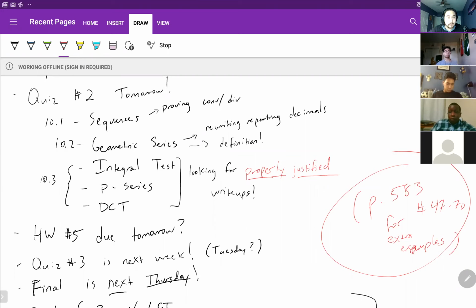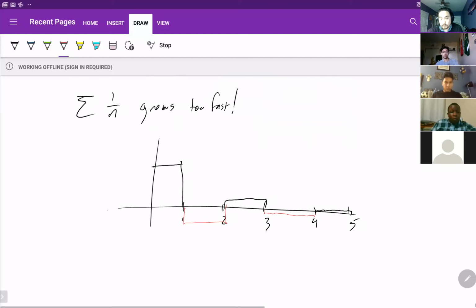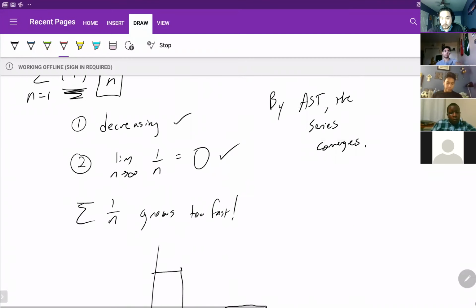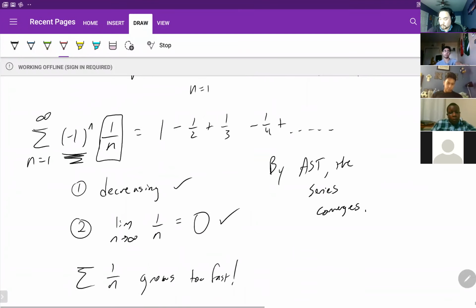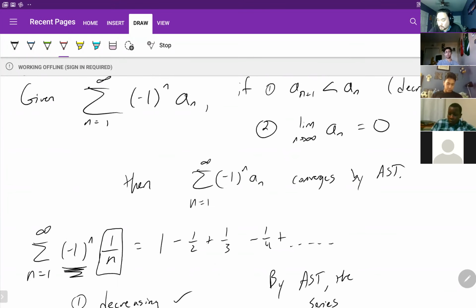John, quick question. Could you scroll down for me, all the way to when you were doing the AST? If you scroll up just a little bit, where you were showing what each number was, when it's 1 minus a half, isn't it supposed to be plus a half minus? Yeah, that kind of threw me off. That should fix it.